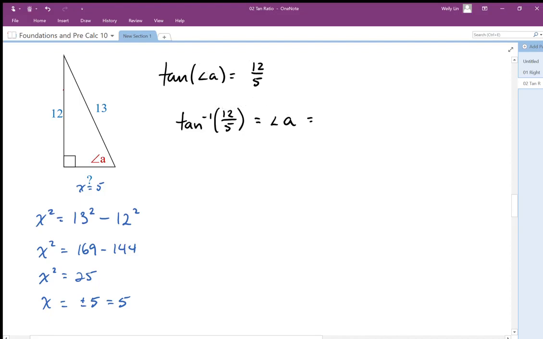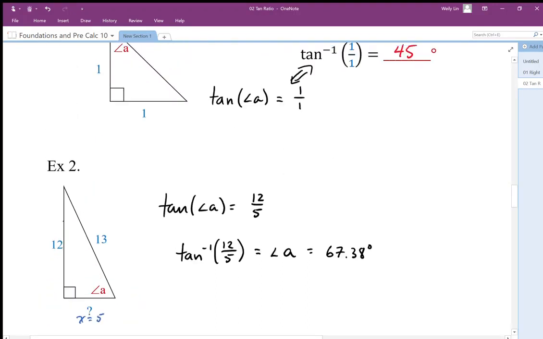Okay, so keep that straight. It's going to be very important. So we're going to do inverse tan of 12 divided by 5, and that gives me an angle of about 67.38 something. I'm just going to round that to 67.38 degrees. And notice I'm using 2 decimals here, and that differentiates my answers from my calculator of angles versus answers that